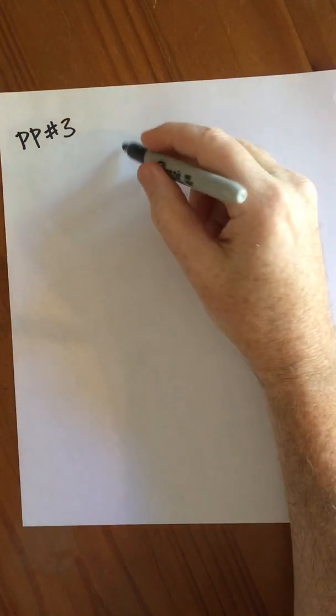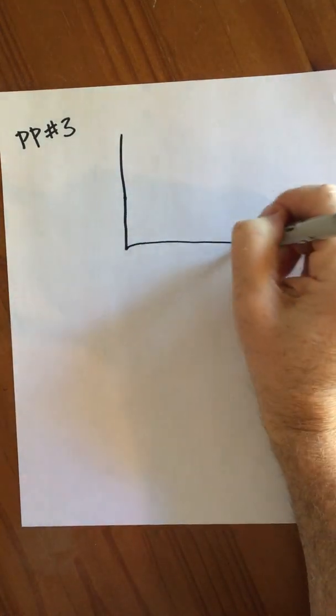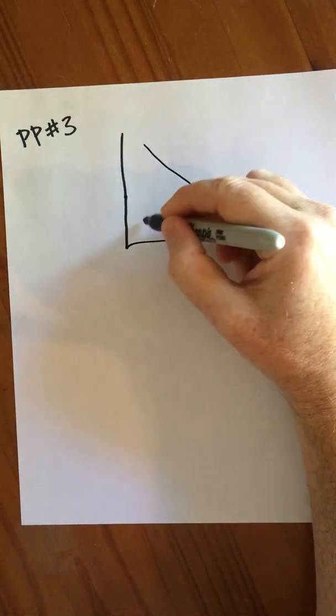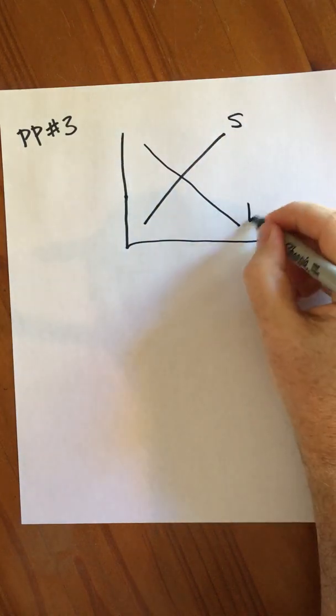All right, now we're looking at practice problem number 3. In this case, it says the risk levels on bonds relative to other assets increases, and we want to see what happens in the bond market. So for this one, what I'm going to do, again, start with a demand curve and a supply curve, so something like this,